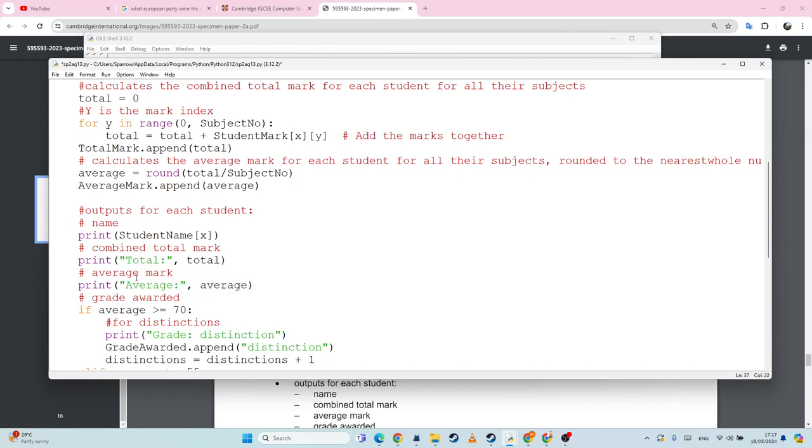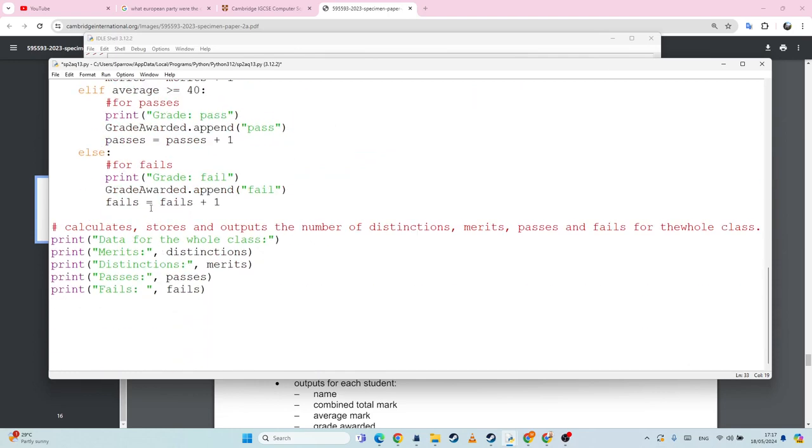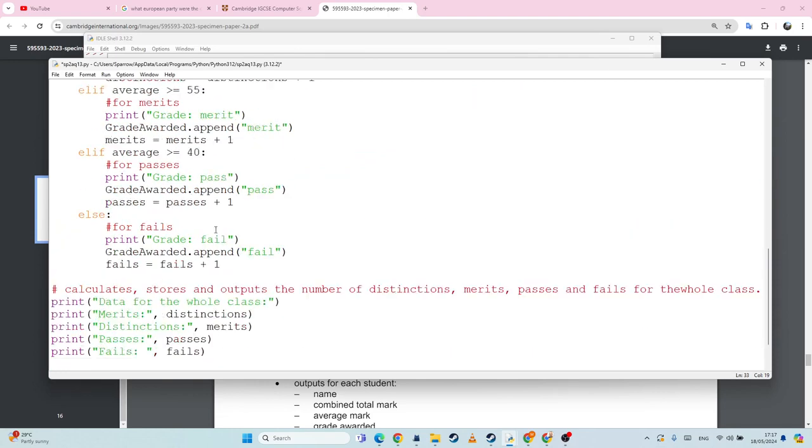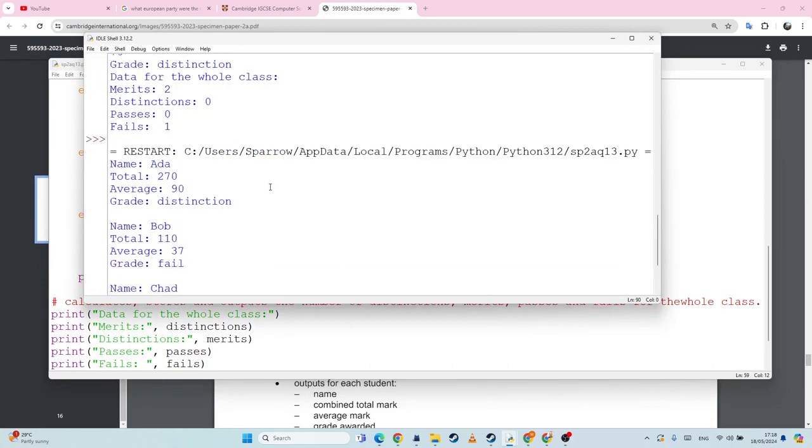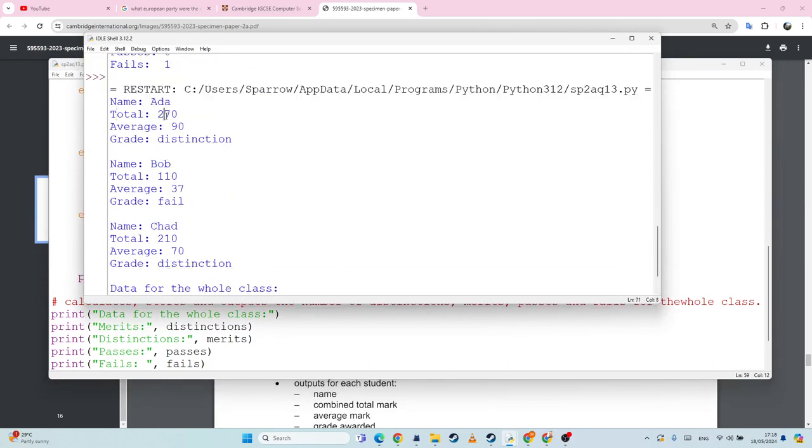Okay, average. So I've got the total, I've got the average, I've got the name. And again, it does no harm to put in a little bit of extra detail just to make sure we get the marks. Okay, and then grade distinction, grade. Okay, that looks a bit nicer. And I'm also going to print a space. Again, you do not need this at all for the exam. I just want to see more clearly. Okay, here we go. So Ada got a total of 270, which is an average of 90, so she got